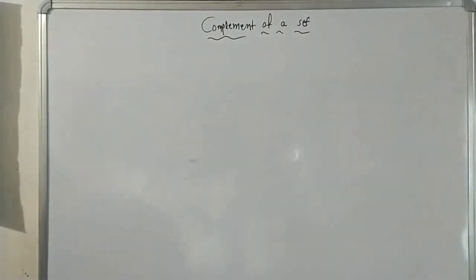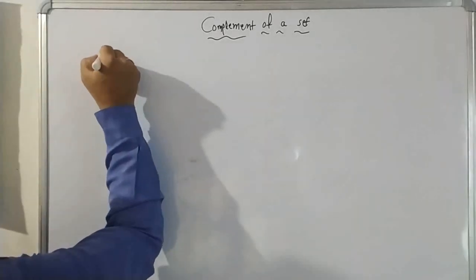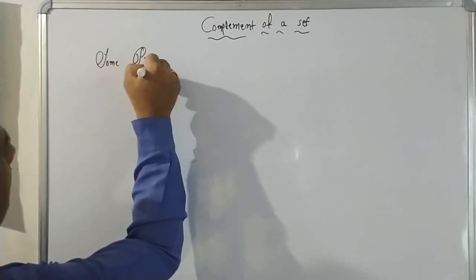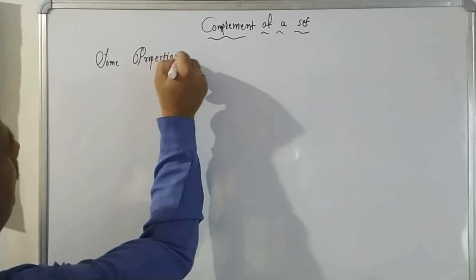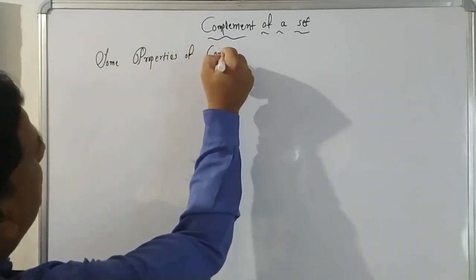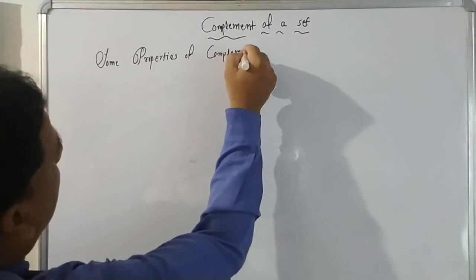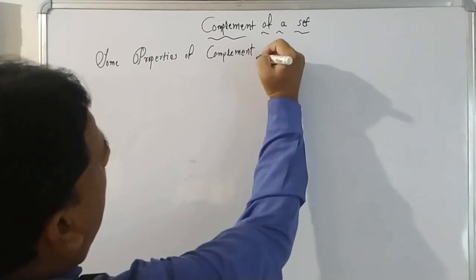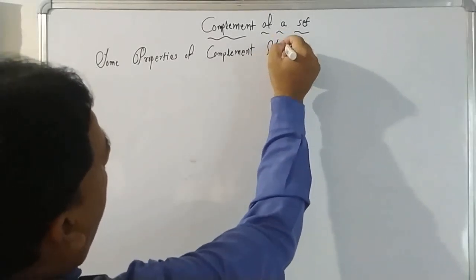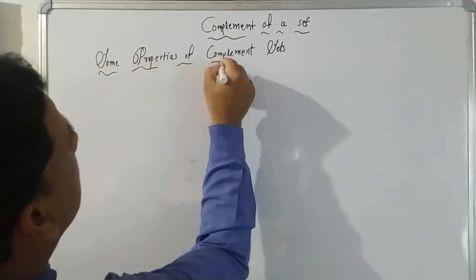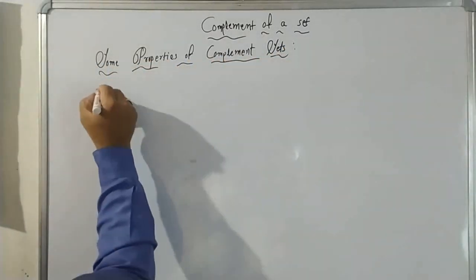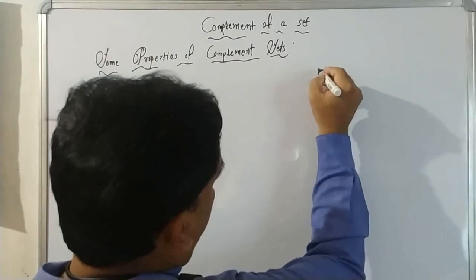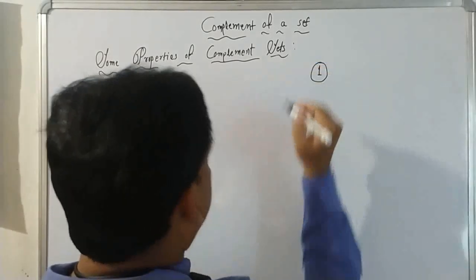Some properties of complement of a set. Okay, there are some properties. Property one, here let me write the properties and here we will explain that one. First property is